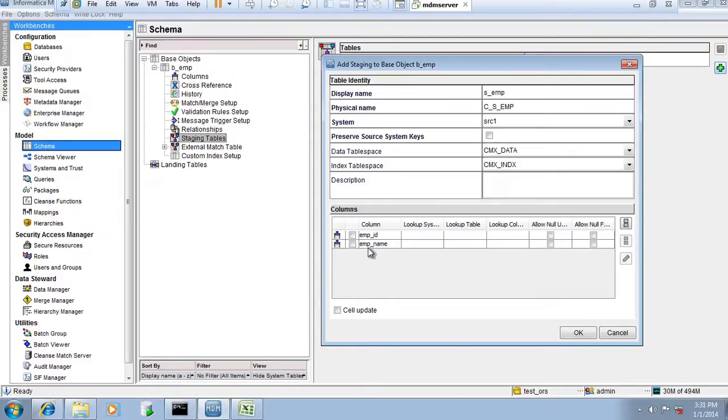In the same way, other columns we get from different source systems. So as per business requirement and our data model, we have to define the number of columns in a particular staging table.